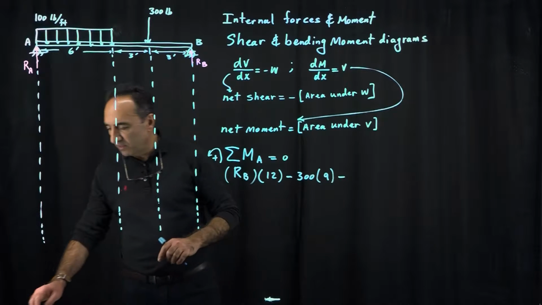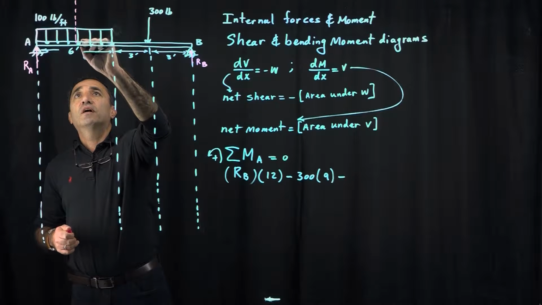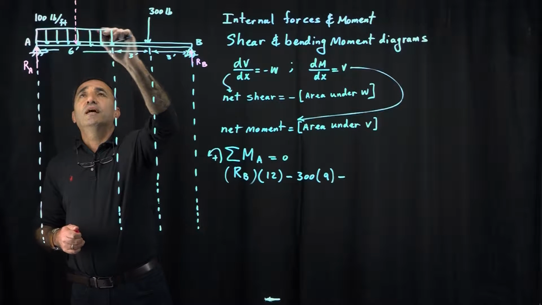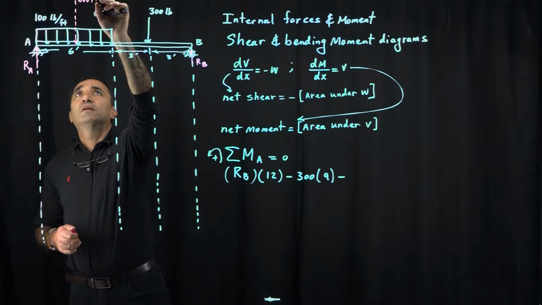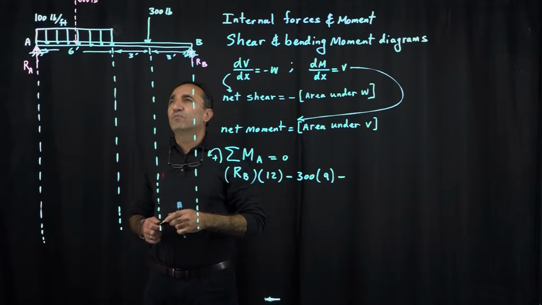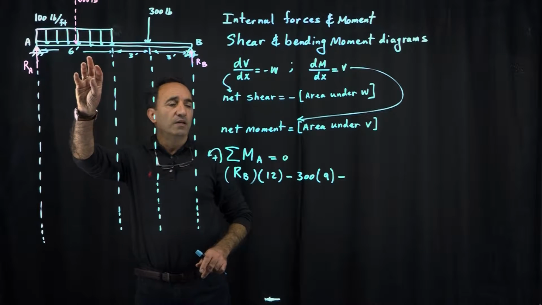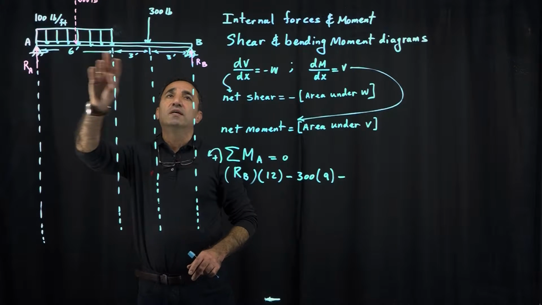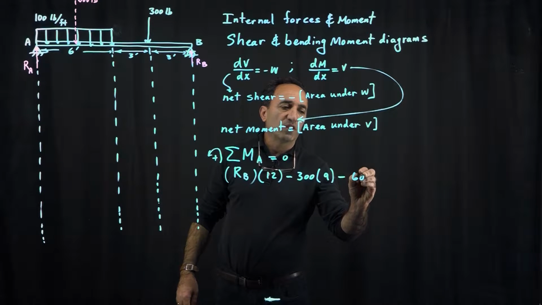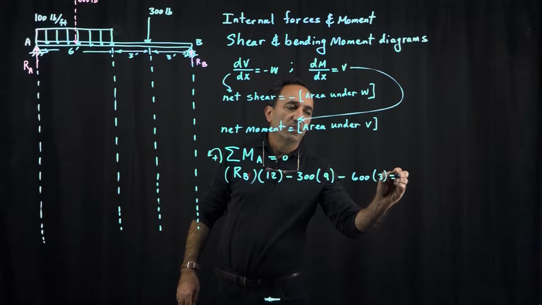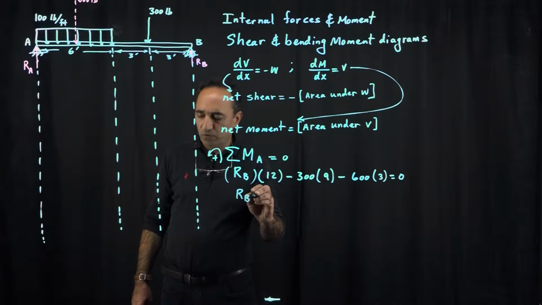For the sake of finding the moment of this distributed load, we change it to a concentrated load. You know that the resultant load would be the area of this rectangle, which would be 600 pounds. Later on, I will erase this because I don't want you to get confused. This is only for the sake of finding the reactions at B and A. So we change that to a concentrated load, 600 right at the center, through the centroid of the rectangle, times 3 feet equals 0. So this should give me the reaction at B to come out to be about